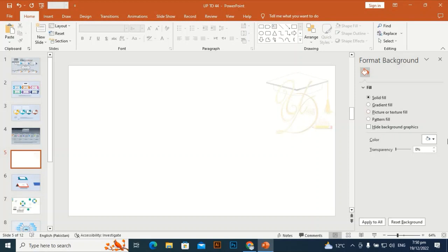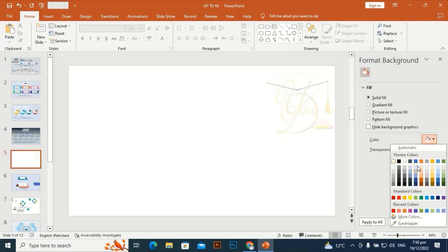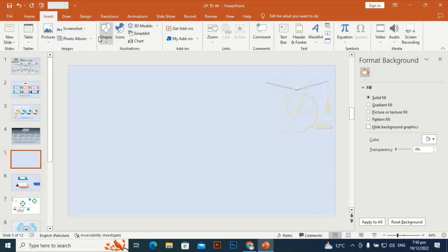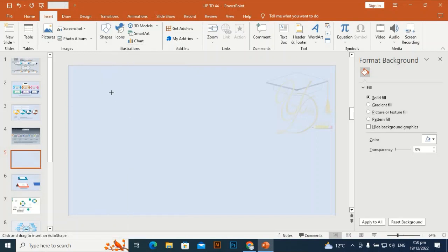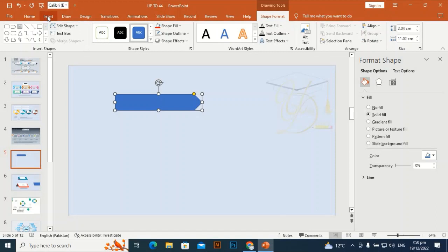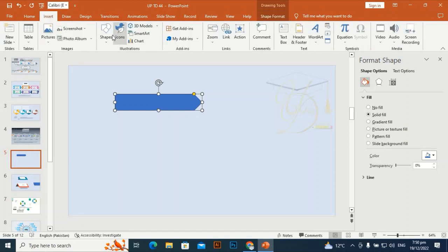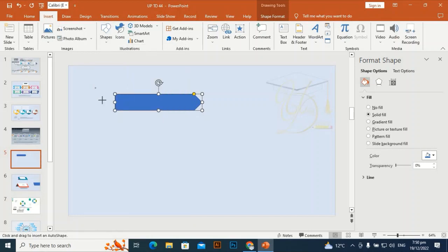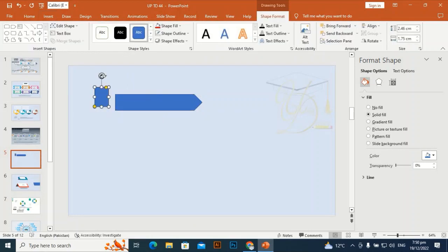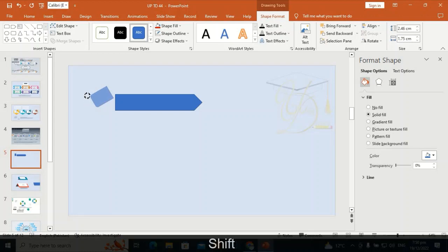Go to format background. We will give it some different color. I think it's okay. And we will take this arrow shape, draw this shape. It's okay for now. Go to insert and take a rounded rectangle from two sides rounded and rotate by holding shift